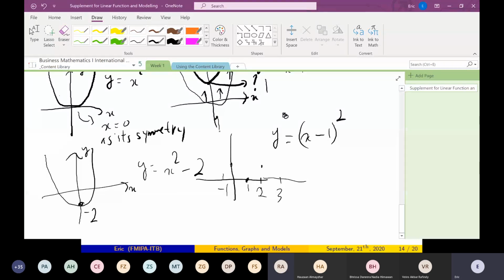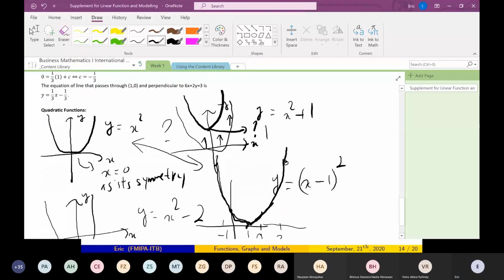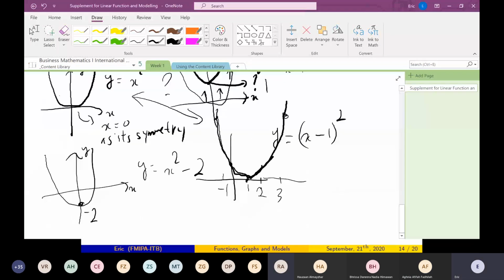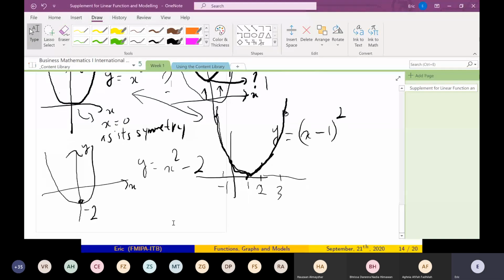So how do you get this? Yeah, you can always point plot. Plot it points by points. So you have this shape. So what is the relation between this shape and this shape? What is the relation? You translate it one to the right. Okay, you translate it along the x-axis by 1 point to the right. Okay, yeah? Very good. Let's continue.